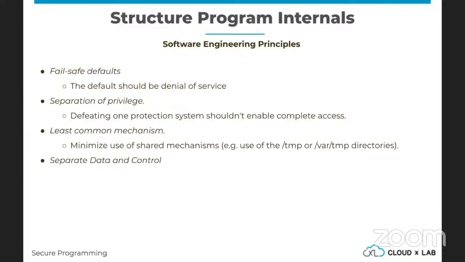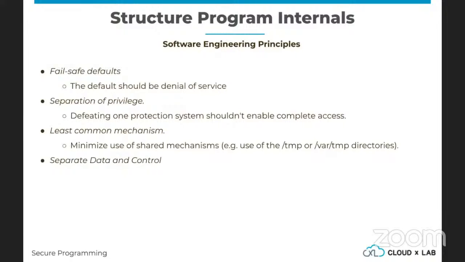Now moving ahead, the defaults in your application should be fail safe. What does fail safe mean? If you build something and it breaks, will it fall on you or will it fall on the safer side? That design is something you need to look at closely. You should design things in a fail-safe manner such that if it breaks, it fails towards the safer side. Instead of falling on you, it should fall the other side. That's called fail-safe design.